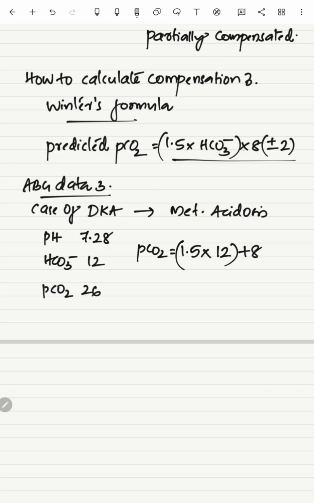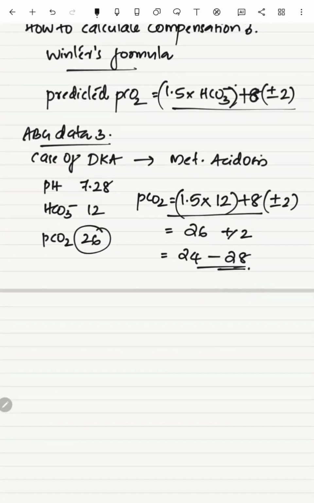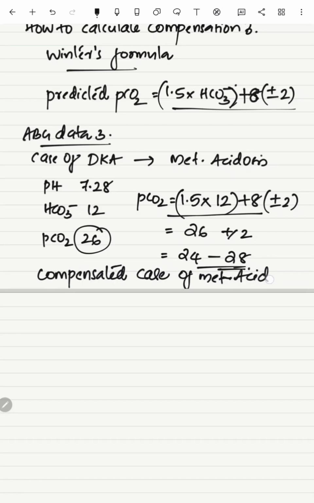Now we have to calculate this value, and to specify the range we have to do plus or minus 2. So here the value we are getting is 26. 26 plus or minus 2 will give you the range, so it is between 24 to 28. Since observed PCO2 is 26, which is equal to the expected compensation, that is between 24 to 28, respiratory compensation is appropriate in